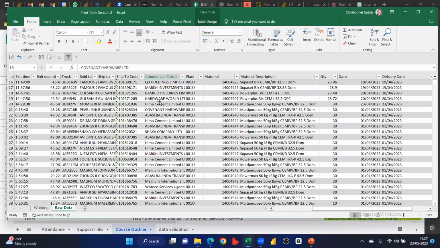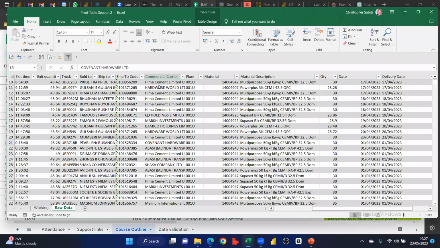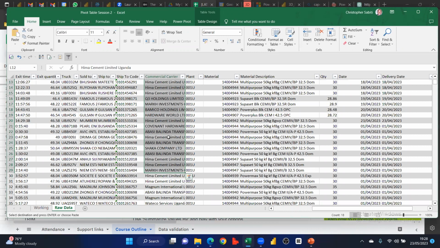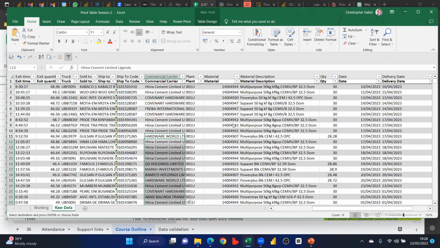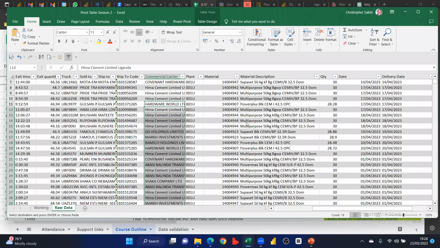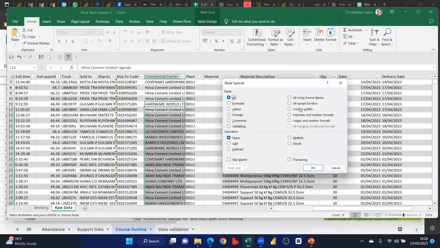Where you get a challenge, where you copy and you find even the hidden ones have been replaced, that's when you do a copy and maybe do a paste. But there is always an option when you do a copy and you want to paste, you can always go to paste special. Then you come here, you say, yes, I'm pasting special, but I'm pasting,